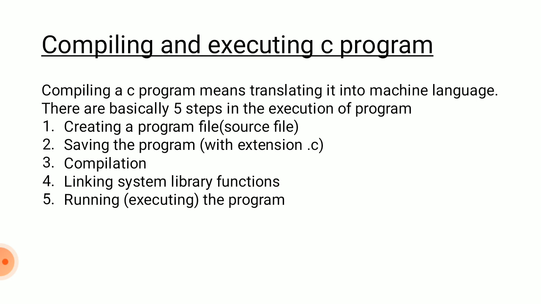After creating a file, after typing the program, what is the next step? Saving the program. Okay. So first you have to save your program before compiling and before executing. Now how to save the program? Just click on the file menu. Whatever platform you are using, suppose you are using a Windows operating system, just click on the file menu, then you will get a dialog box. In that you select the save button. After that, a dialog box will appear. Then just give the file name. Suppose the file name is hello.